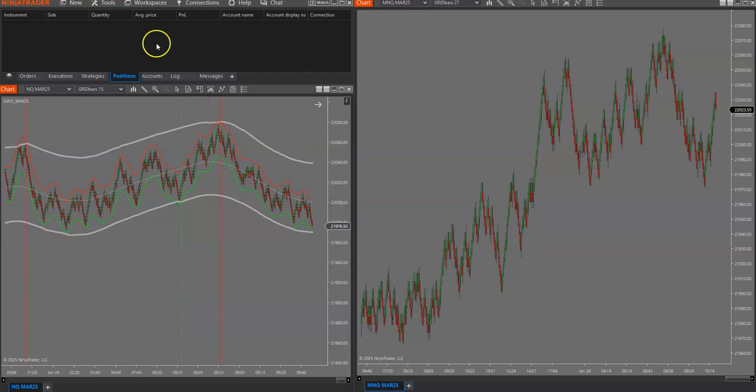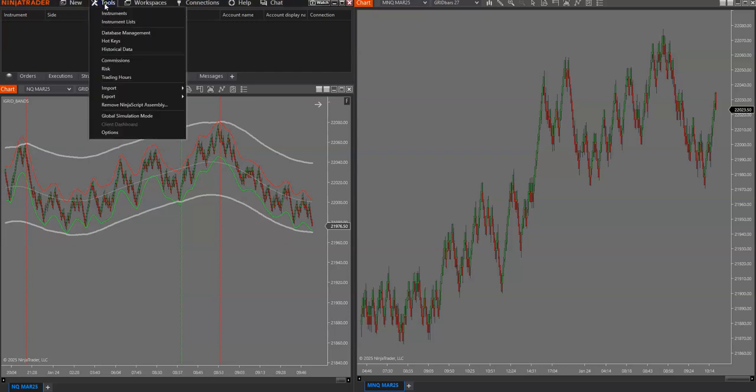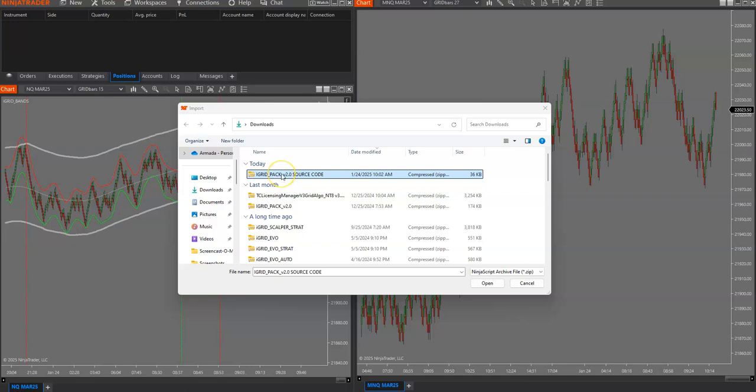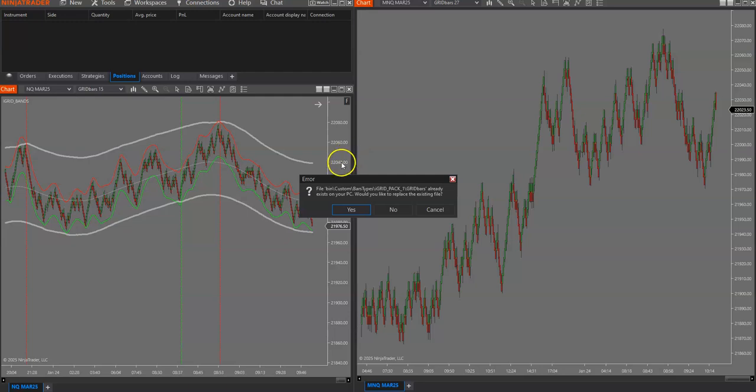So I'm going to import the recent version of the iGRID pack where we've added the iGRID Momo tool, a momentum tool. So we'll go Tools, then we go Import, and we'll go Ninja Script Add-on. We'll click on that. So on my end, I'm using source code. I click on that, I hit Open, and it's critical that I say yes,